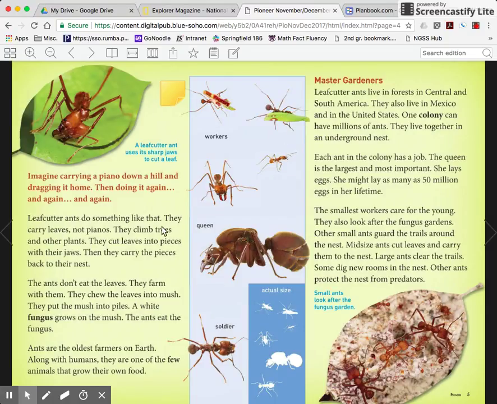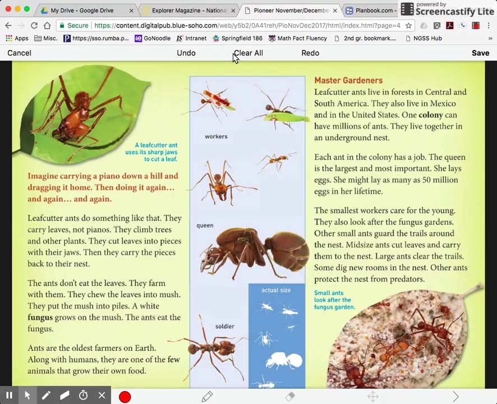Leafcutter ants do something like that. They carry leaves, not pianos. They climb trees and other plants. They cut leaves into pieces with their jaws. Then they carry the pieces back to their nest. Ants don't eat the leaves, they farm with them. They chew the leaves into mush. They put the mush into piles. White fungus grows on the mush. The ants eat the fungus. Wait a minute. So, right in here,